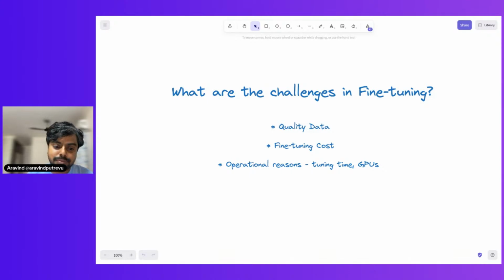It's as good as sometimes pre-training, right? It might cost like $1,000. It might be simple for a large bank, but it can also scale up to that cost, with petabytes of data. It'll really look big. So there are efficient methods developed for reducing the cost itself, but it remains one significant problem. And there are operational reasons as well. Challenges in fine tuning include the tuning time,